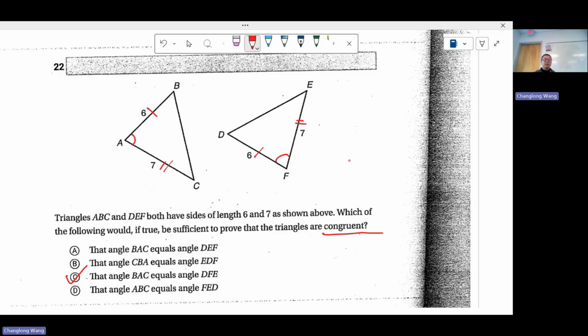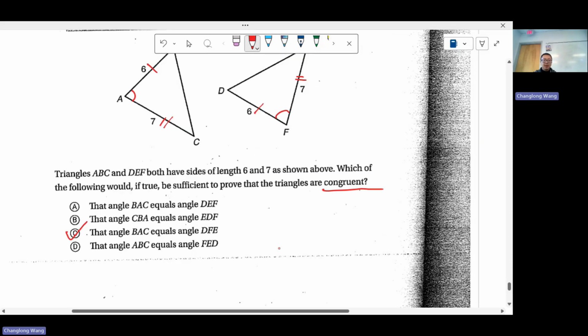Now, of course, if you go through some of the other options, you see that some of the angles are not even corresponding angles, or some of the angles are not in between the sides. So why don't we write down all those combinations of sides and angles to make sure there is one combination that's not going to work? Let's start with,